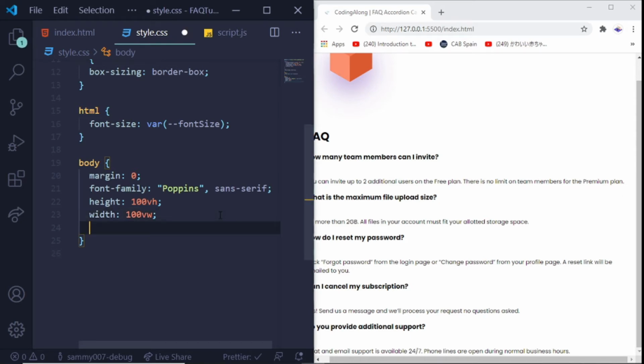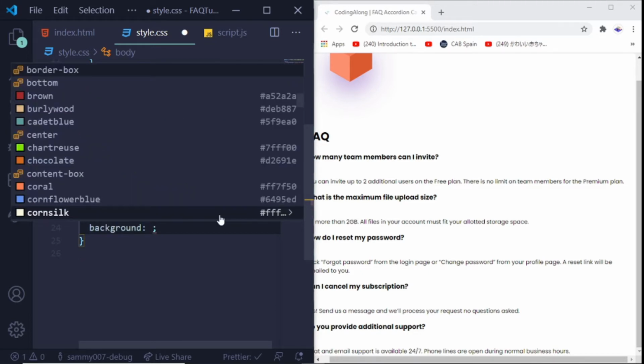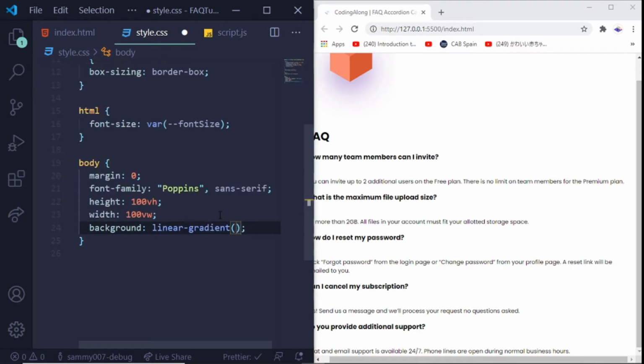The next part is the background. And for the background, we're using linear gradients. The linear gradient is